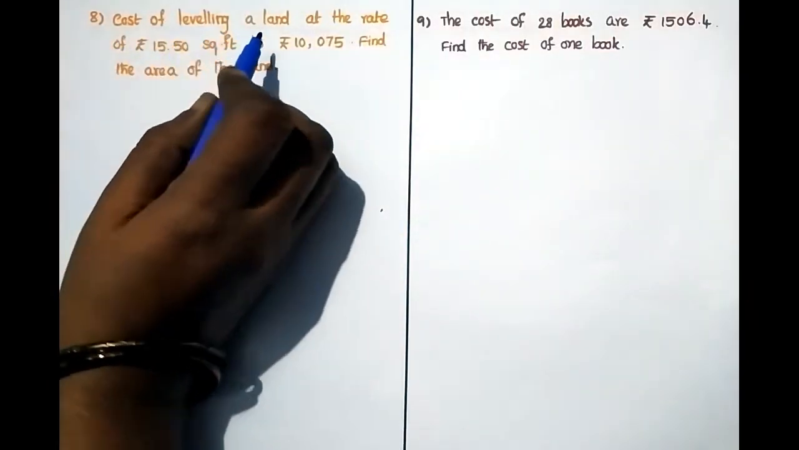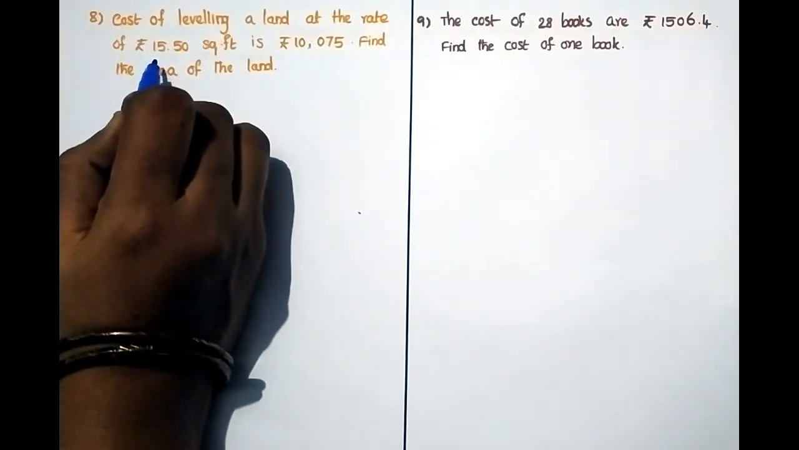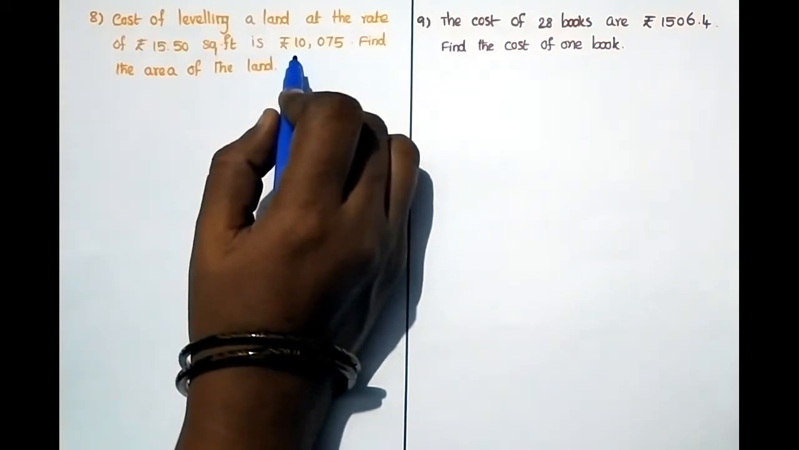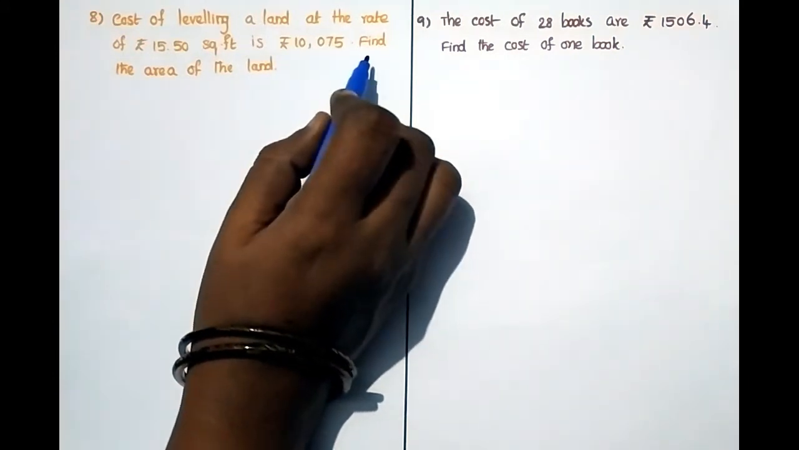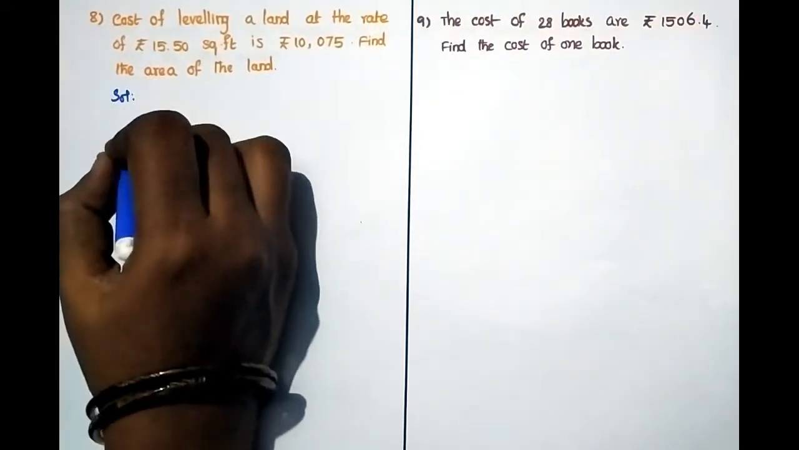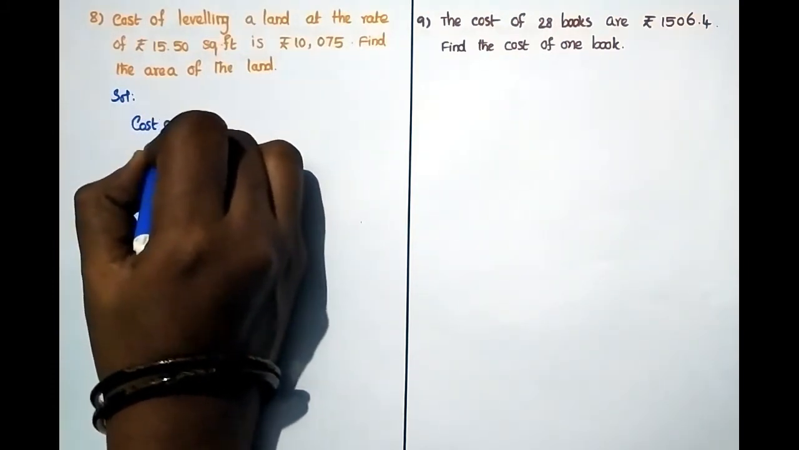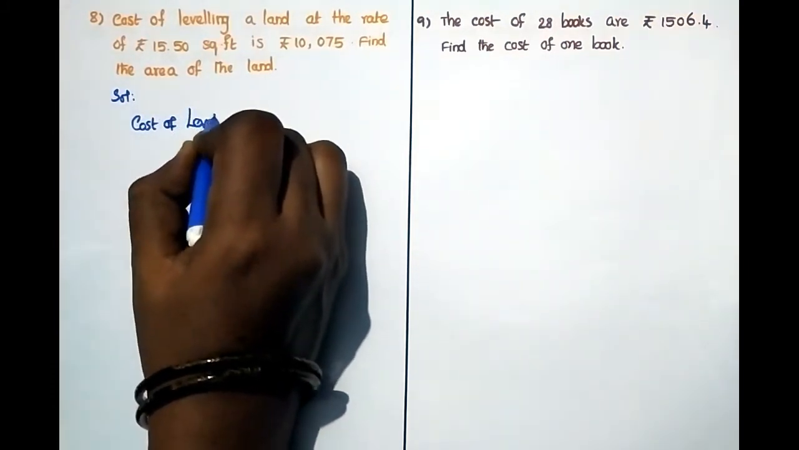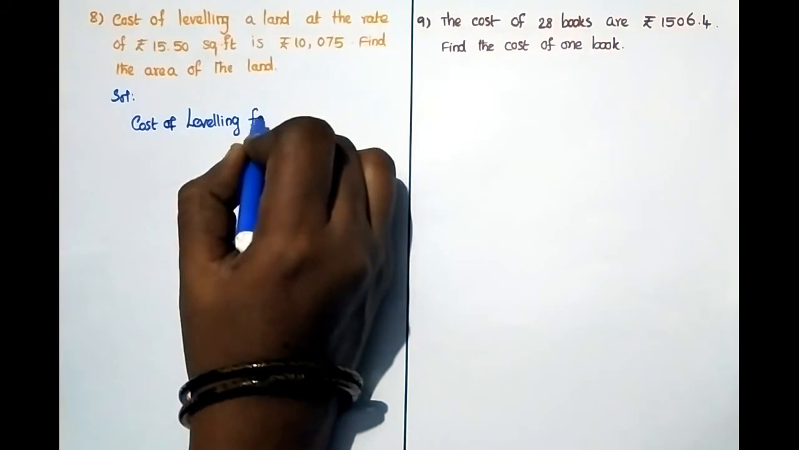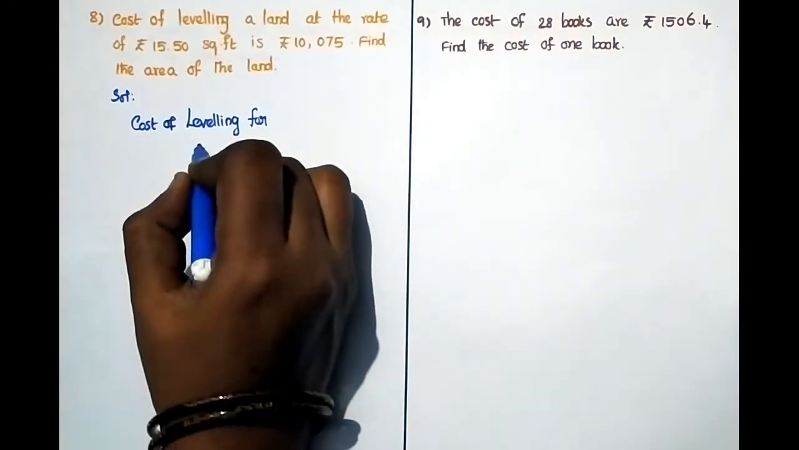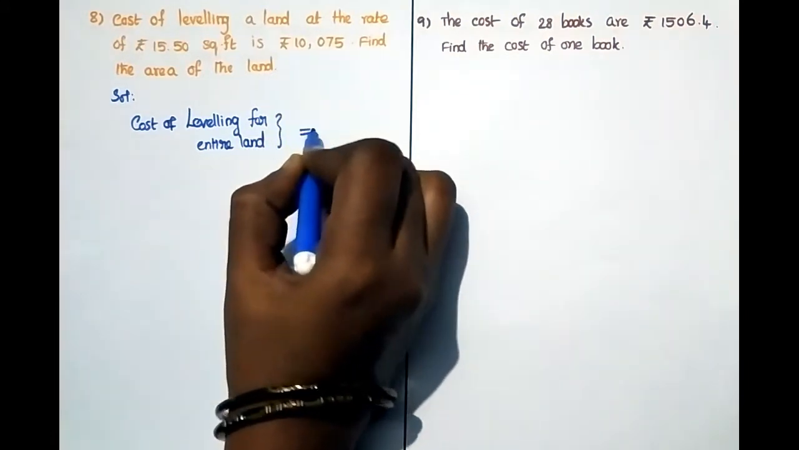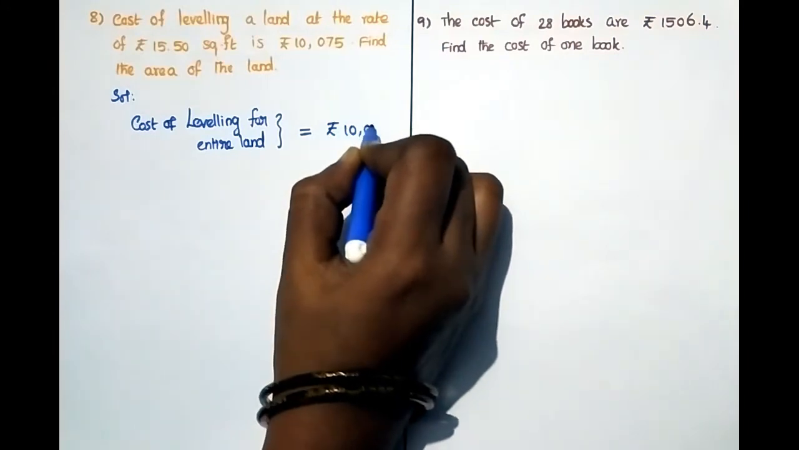Cost of leveling a land at the rate of rupees 15.50 per square feet is rupees 10,075. Find the area of the land. Listen. Cost of leveling for the entire land equal to rupees 10,075,